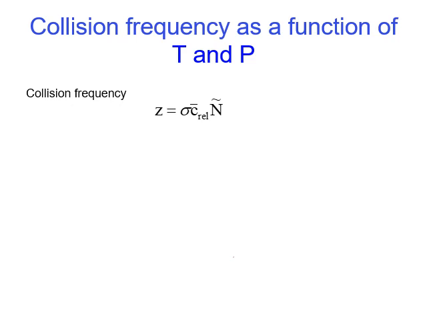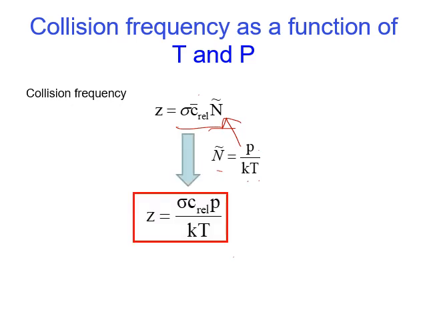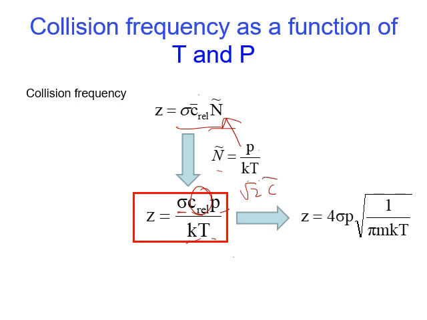We can expand the collision frequency of this equation further. In this equation, we have relative speed and number density, and the number density we just showed equals pressure divided by kT. So plugging in here, we have Z equals cross-section area times relative speed times pressure divided by kT. Now the relative speed is square root 2 times average speed. We already have the equation for average speed, so plug everything into this equation, and finally we have this equation: